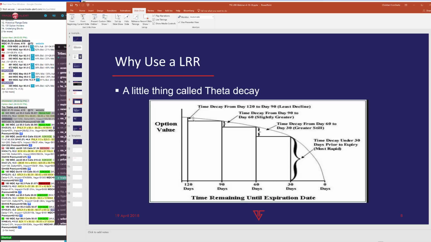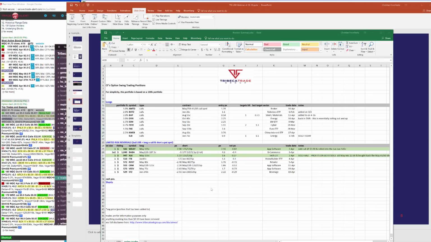The other thing that's nice about this strategy is for a May or June option, sometimes what'll happen is, and my goal, by the way, and this comes into the management of the limited risk reversal, which is important, sometimes you could take the trade off. Going back to my spreadsheet here with a couple of these trades on, I had Apple and I got lucky with Apple. I took it off 2 days ago. That was a nice winner. But let's say